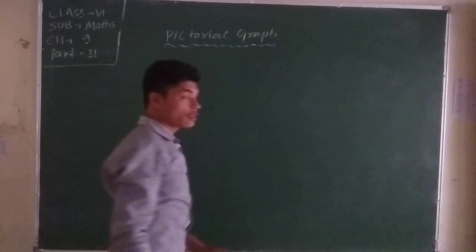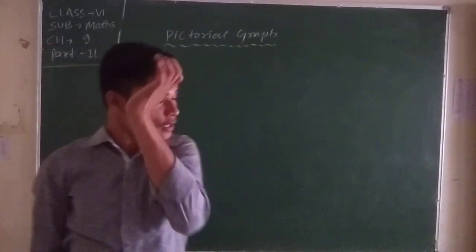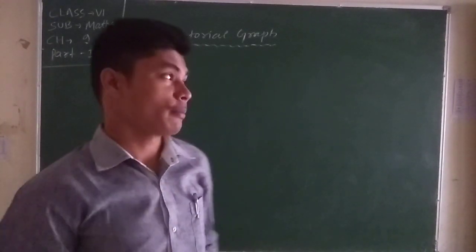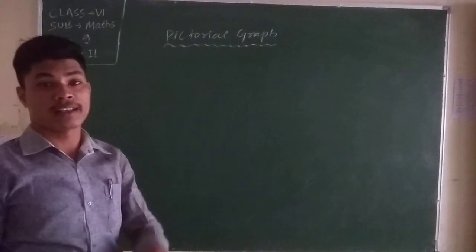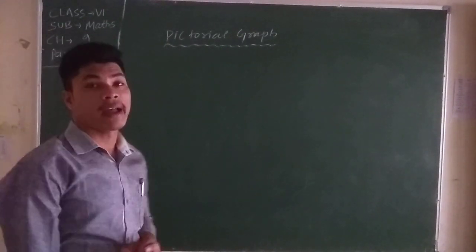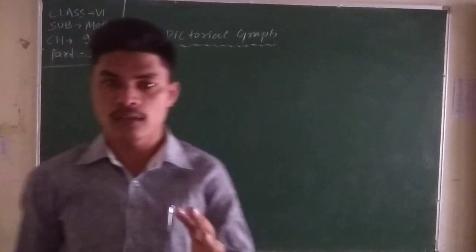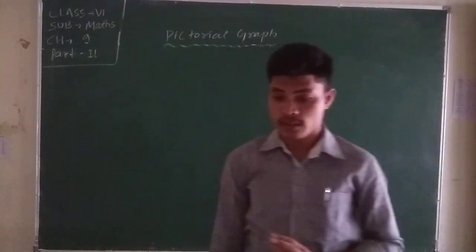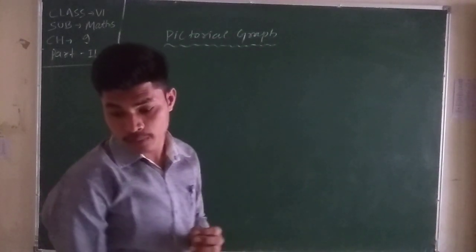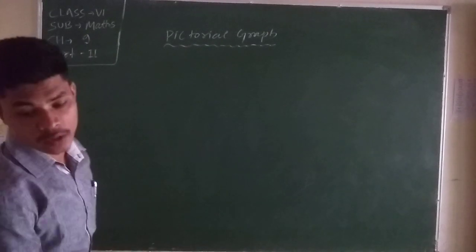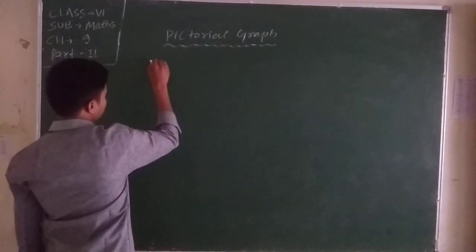This topic is pictorial graph. What is called a pictorial graph? Pictorial graph means when we represent numerical data by a picture, it's called a pictorial graph. Okay. Then what is a pictorial graph? Pictorial graph means when numerical data is represented